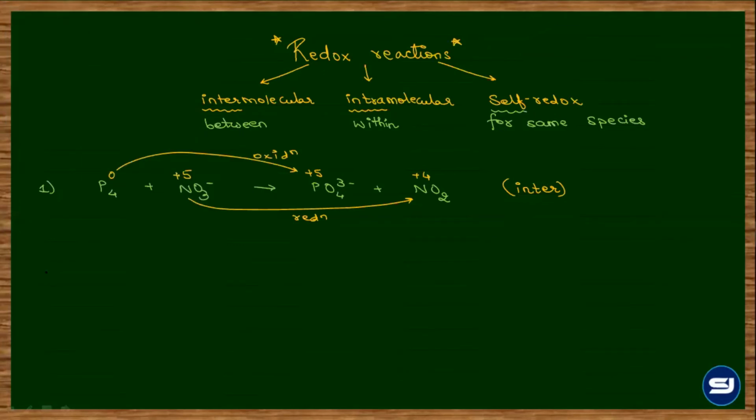Let's say I have a reaction as KClO3 giving KCl and O2. Potassium chlorate on heating decomposes to KCl and releases oxygen. If I write the oxidation state, chlorine, because it is bonded to oxygen, will acquire an oxidation state of +5. Oxygen will acquire -2. Chlorine, when bonded to metal, will be -1 and O2 would be 0.